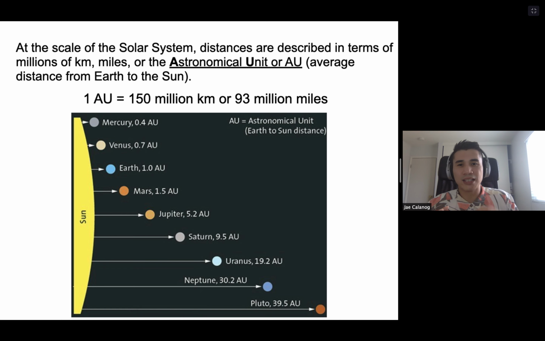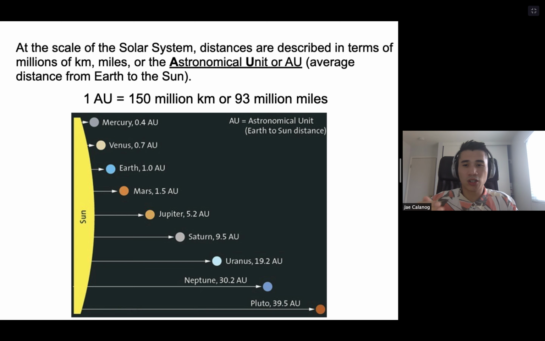So right off the bat, it's easier to understand that Jupiter is about 5 times further away from the Sun than Earth is. You can also take some more information from that, because if you look at the first 4 planets closest to the Sun, they're all enclosed from Mercury to Mars within about an AU and a half, 1.5 AU.